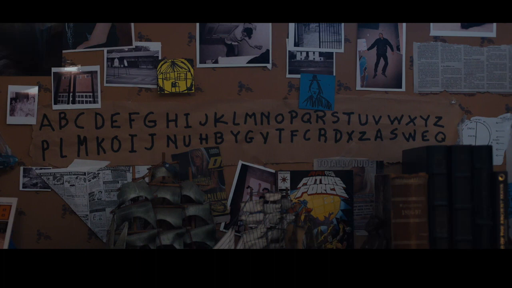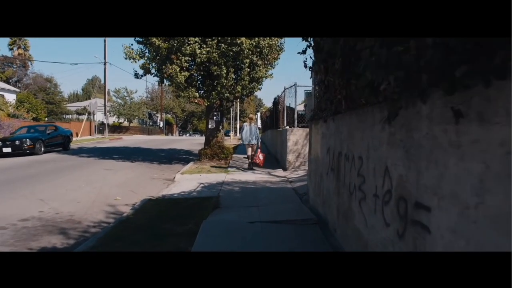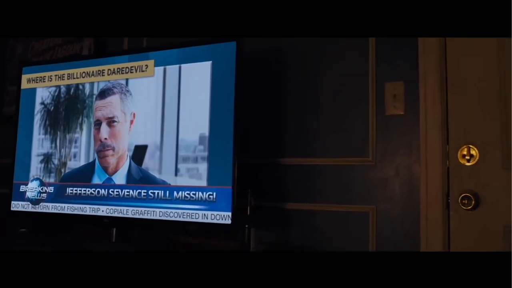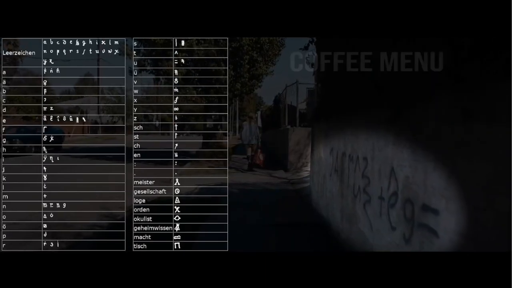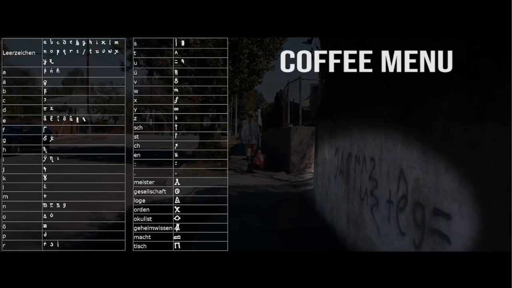At this point we can begin deciphering part of the code. When Sam was walking, there was graffiti on the side of the wall. We also saw in a news program a scroll about copial graffiti. When we use the key to decipher the graffiti, it says coffee menu. When we go back to the coffee menu from the beginning of the film and take the letters formed from the Morse code, we get